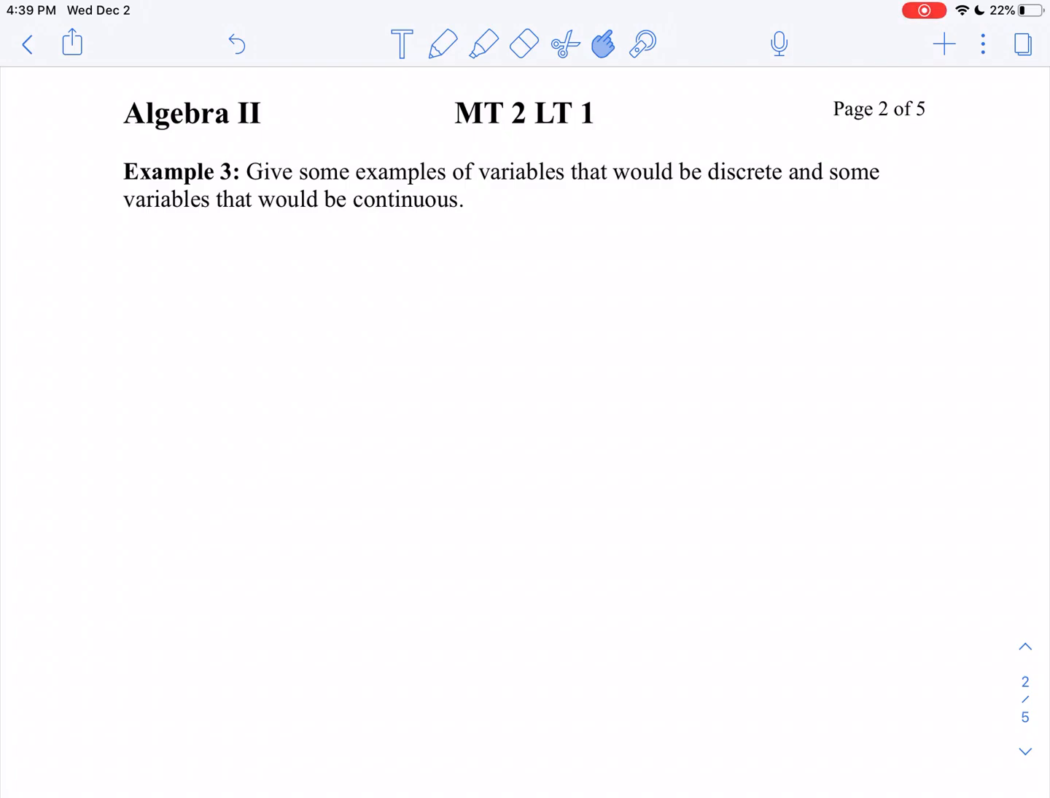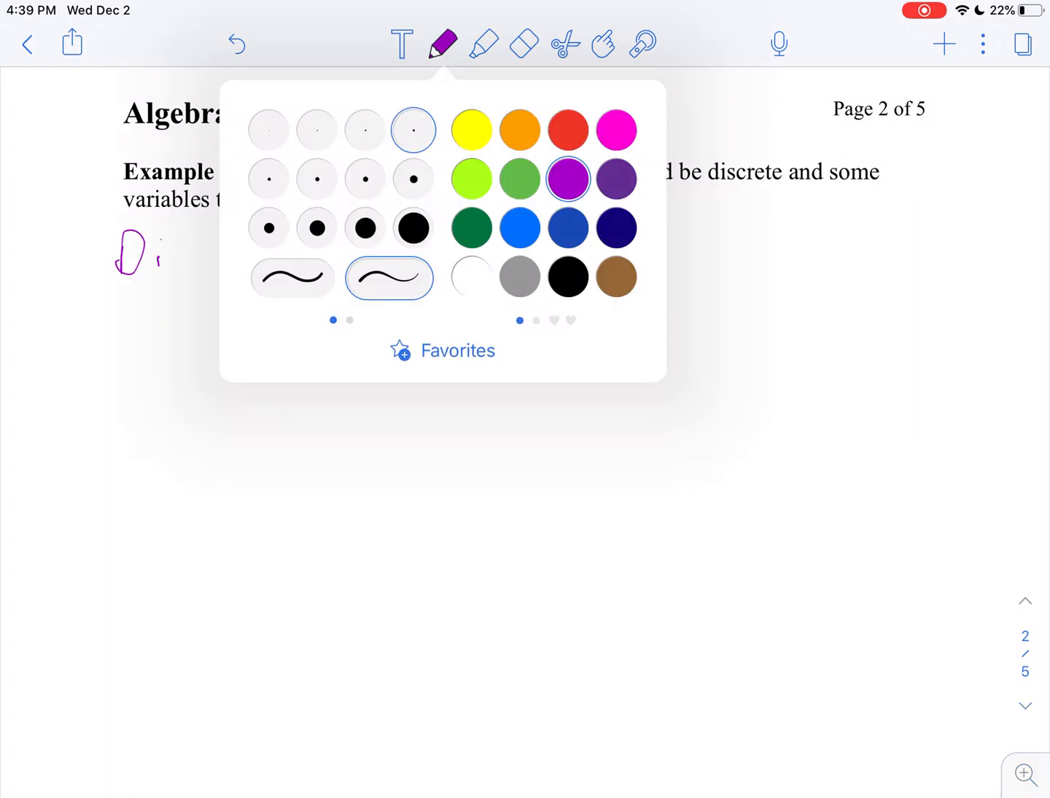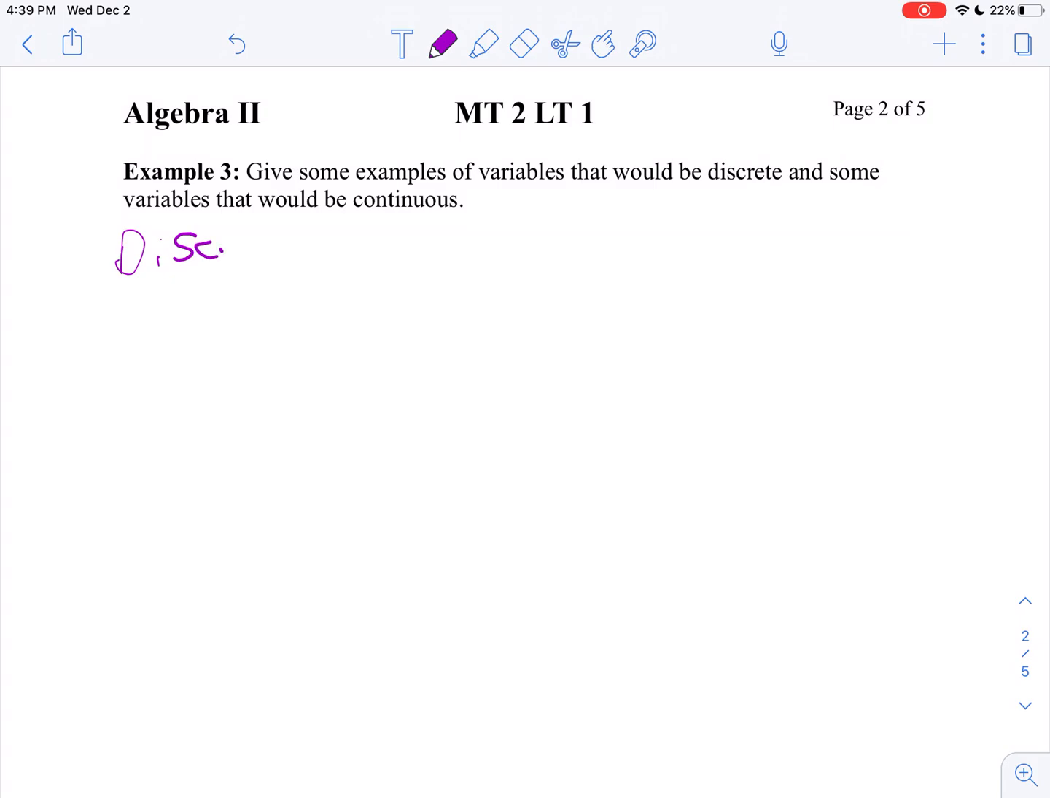We take a look at example 3 here. We want to give some examples of variables that would be discrete and some variables that would be continuous. Let's start with discrete. Let me make this a little bit thicker too. So a discrete variable,